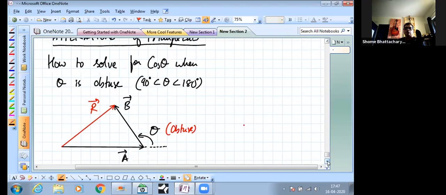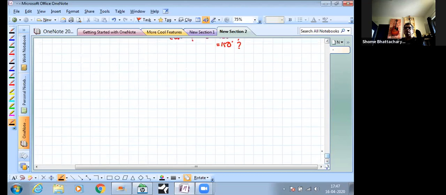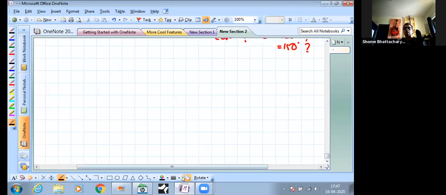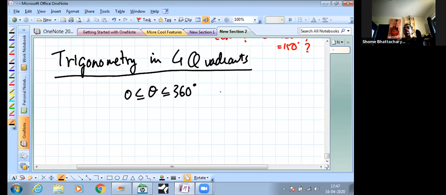All right, so you understood what we are trying to do here. Okay. So next, how do we do it? Okay. So for that, we come to trigonometry in second quadrant actually. So it's basically part of the more general subject, how to find trigonometry in 4 quadrants. Okay. That is when theta is anything between 0 and 360, not just between 0 and 90. How do we find out sine theta, cos theta, tan theta?